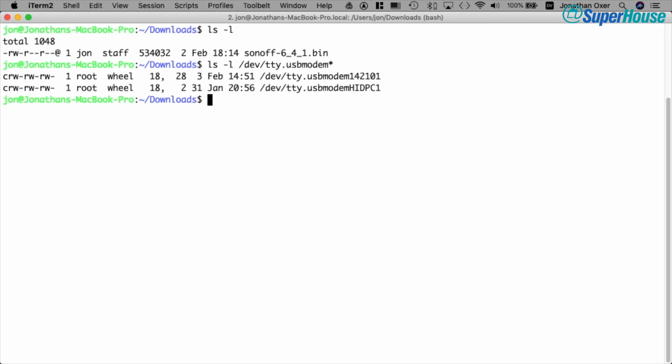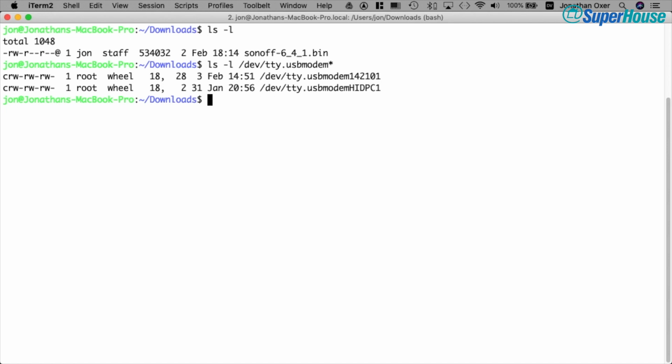On Windows, if you want to find the port, then you can do something like open the Arduino IDE and then have a look in the port list, and you should see the port for your USB serial adapter. But basically you just need to know what the address is. So in this case we're using /dev/tty.usbmodem142101, and what I can do is use esptool and I'll give it that port, so it's